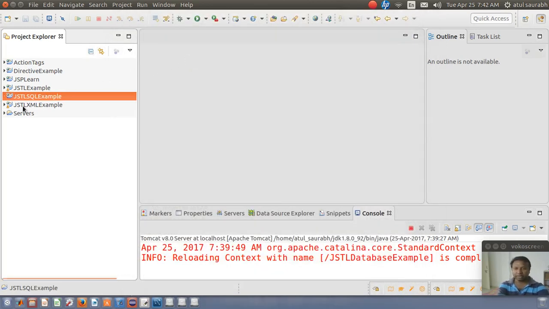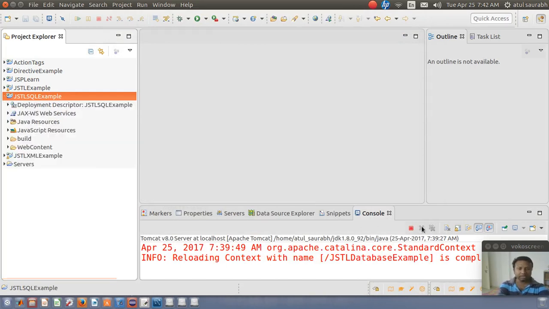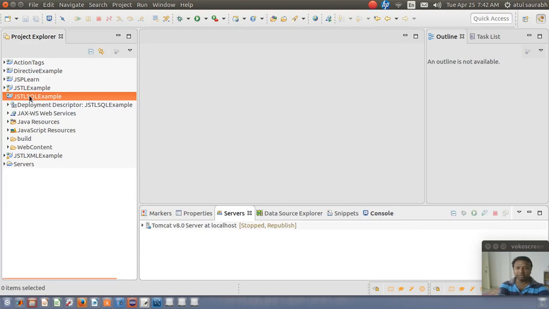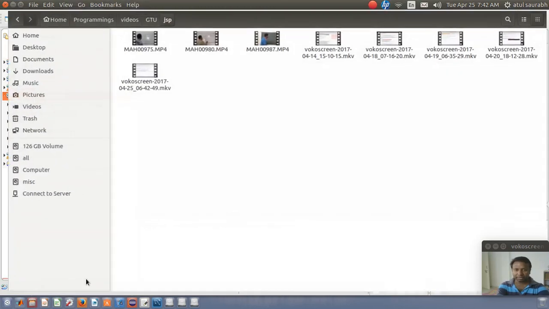Now again, the same thing is required: configure the IDE so that the IDE can find the JSTL jar file, and set it into the classpath so that the server also can find the jar file. So here is my jar file.